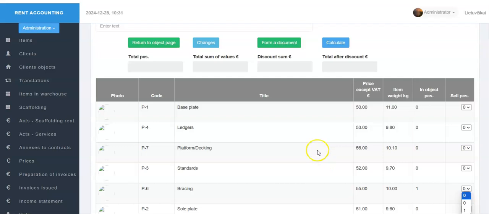Also, from this page, by pressing the appropriate buttons, we can go to the pages of the client's object and scaffolding components changes in the client object.